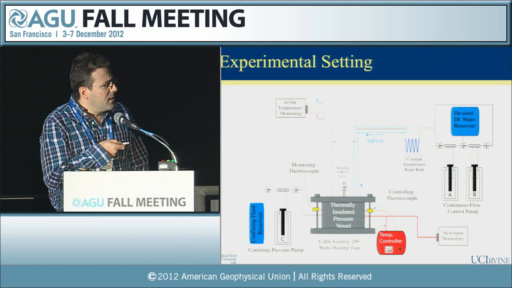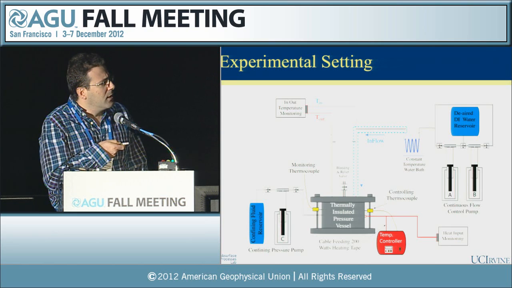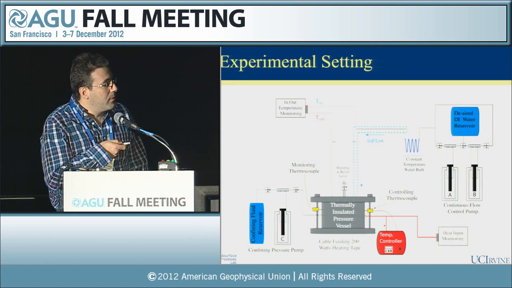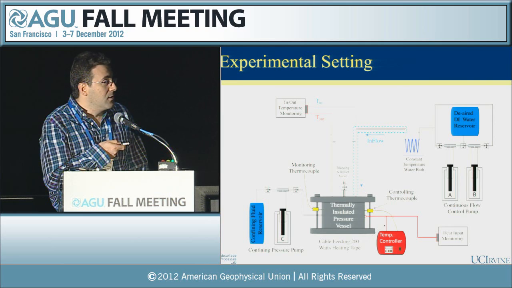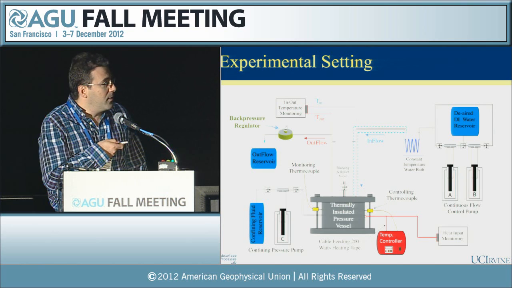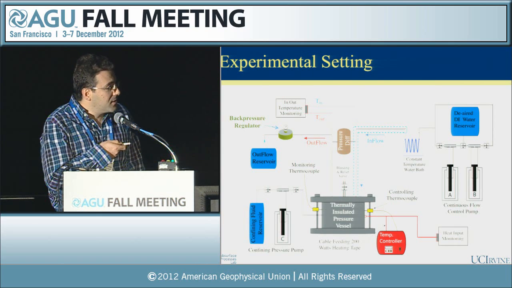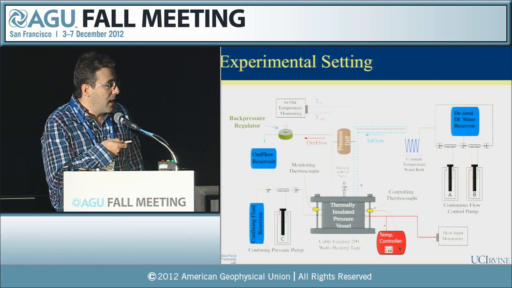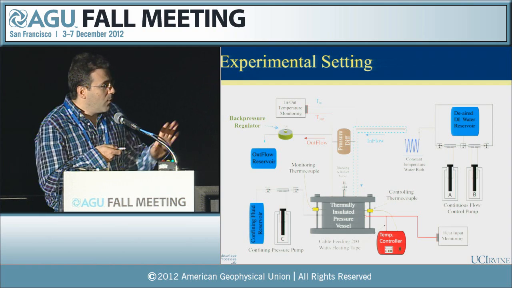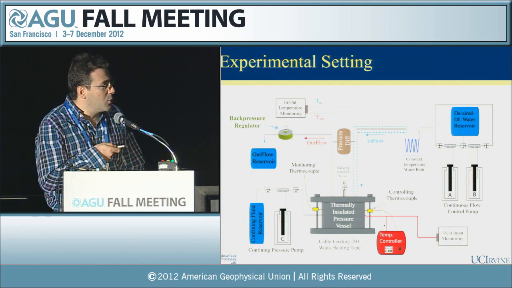And to make sure that the inlet fluid is controlled in terms of its temperature, we run our tubing through a constant temperature bath. So that assures us that the temperature of the fluid coming in is constant. Then the fluid comes out, and we have a back pressure regulator that controls the pore pressure in the system. And finally, besides having pressure transducers in all these pumps here and here, we also have pressure differential measured at the inlet and outlet like this. So once we have clarified this experimental setting, now I will show you some results of temperature measured at the